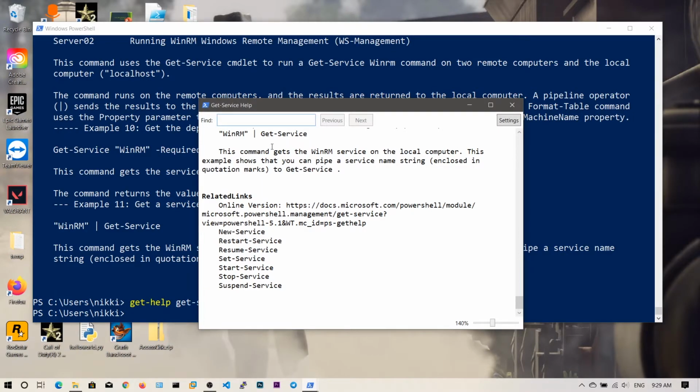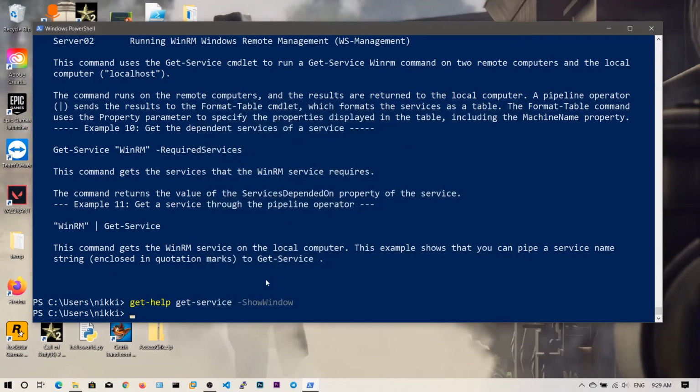You can also search through this using the find box here, and you can search for strings and go to the next match. So you can close this one. This show window will be pretty helpful, because if there is a lot of output like 10 or 12 pages, seeing it in this console is somewhat not nice. That's why this show window helps us. It will create a new window and you can search through it. So that's all for this video guys.